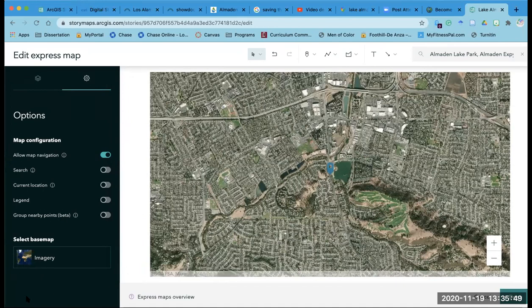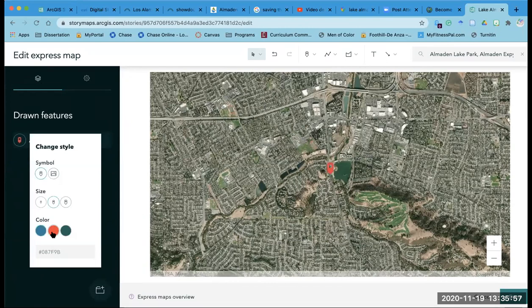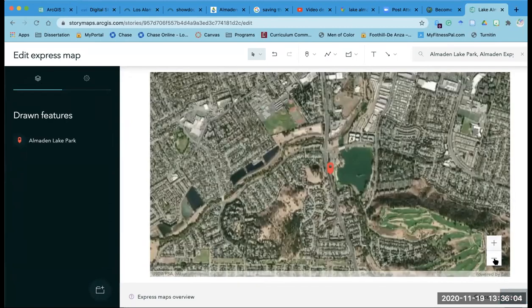See how this is a bluish point? It makes it kind of difficult to see. So the red option may be better.